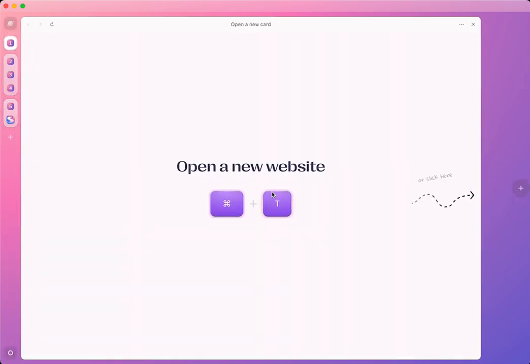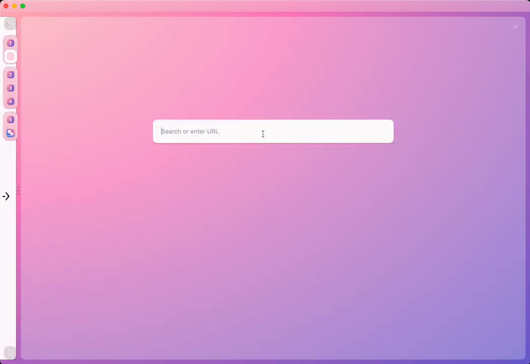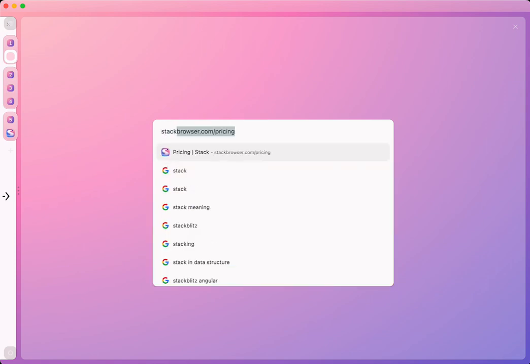Okay, first off, I can already see the whole approach to a browser has been changed. The all too familiar tabs at the top or maybe in the left side have been replaced, and I can see that there is a card based approach here. Let's see, Command T. Okay, it's like a command bar that comes up. Let's go to the Stack website,